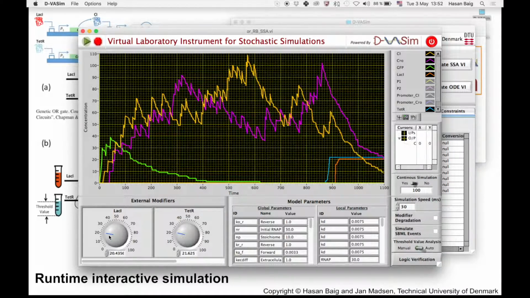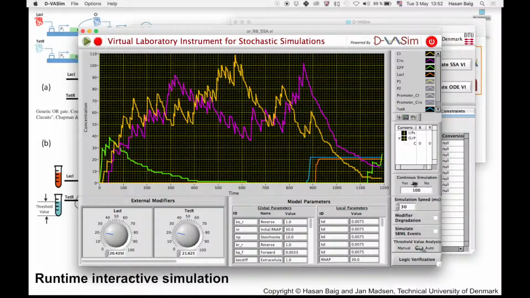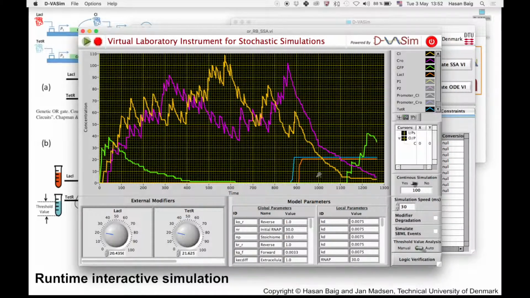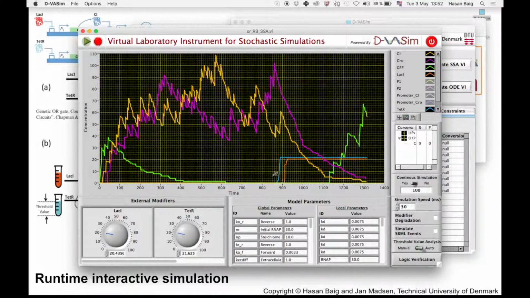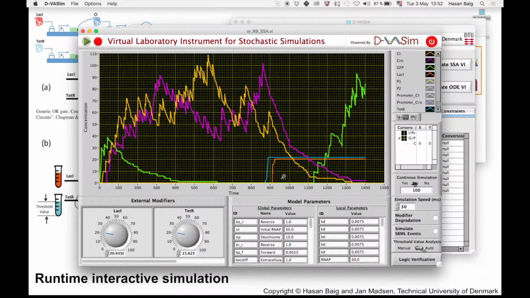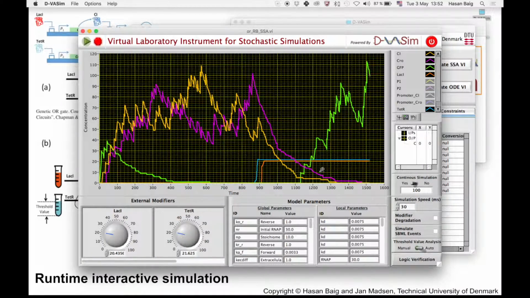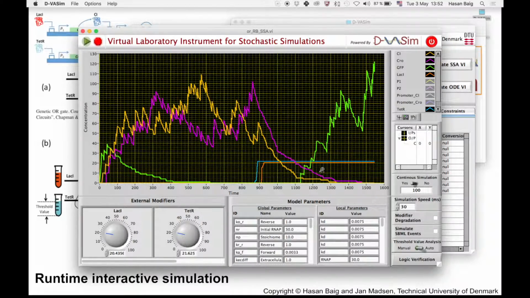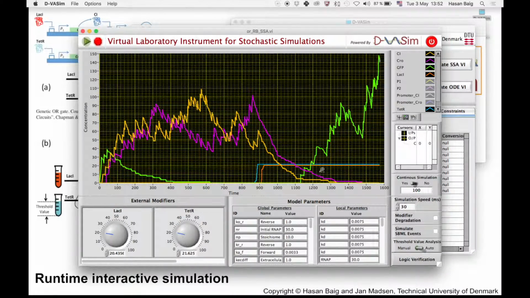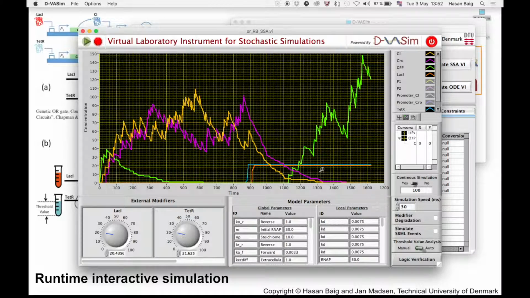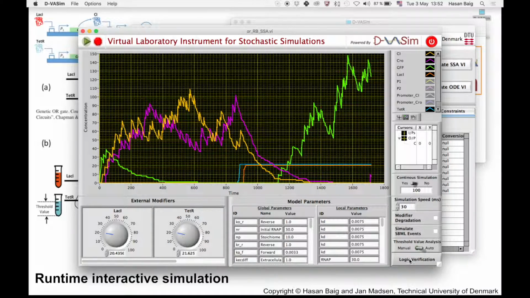Because the estimated threshold value is 15. We can see that the inputs were triggered around 900 time units, and the output started producing after nearly 300 time units, which was the estimation of D-VASim. So at this point, if you want to perform logic verification and analysis without applying all the possible input combinations, we can click on the logic verification button,